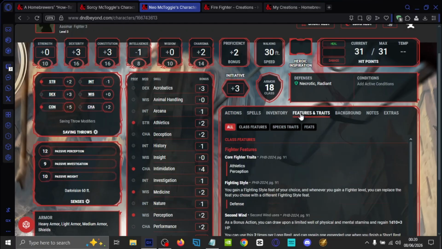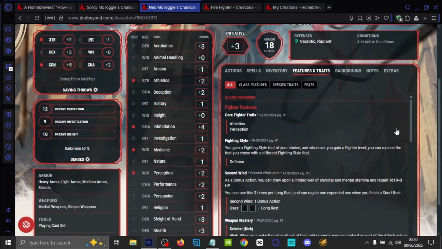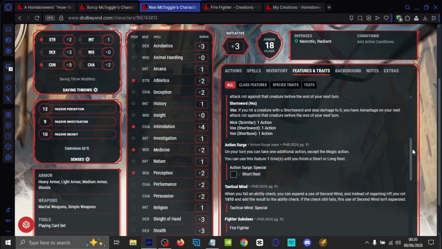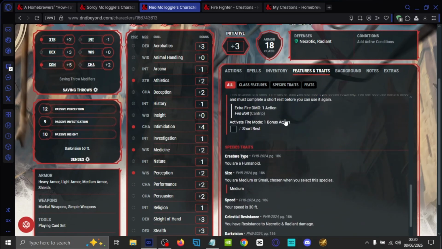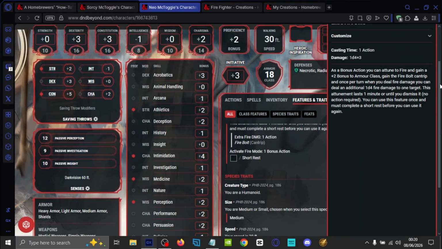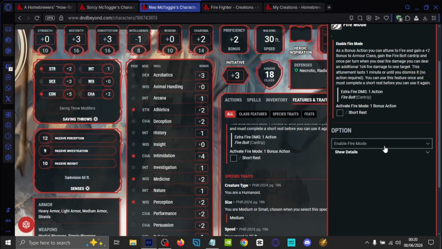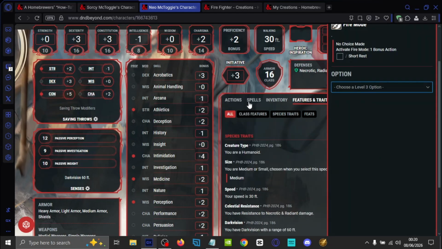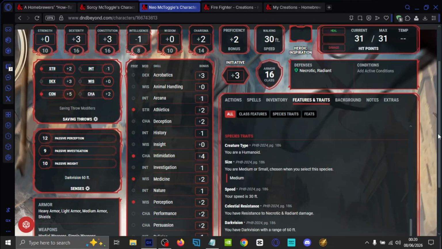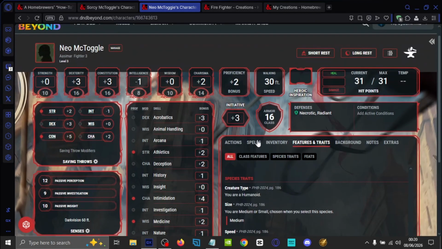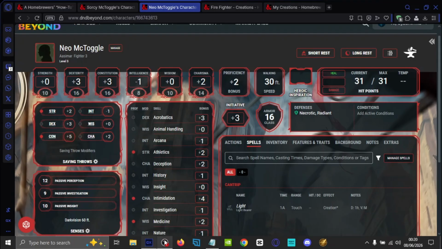And then once we're done, we can just go into our features again. It does have to be under the features and traits, not under actions. Click here. No, click the snippet itself. Go back to choose, and then it's all gone back to normal. And that's it. That's how you make your own